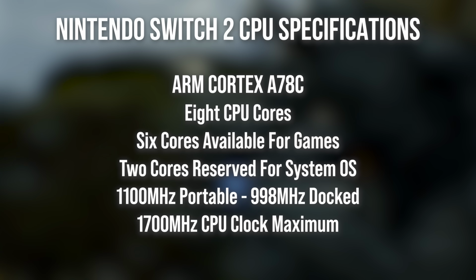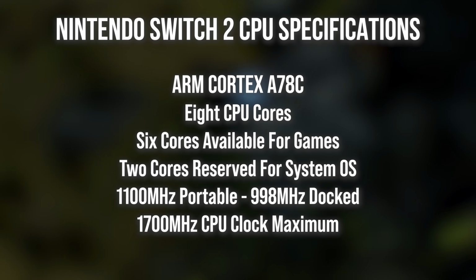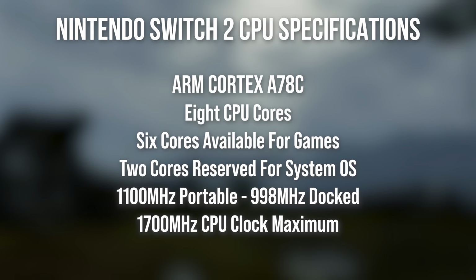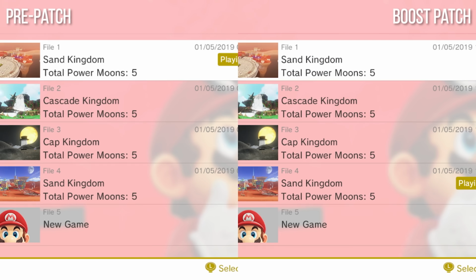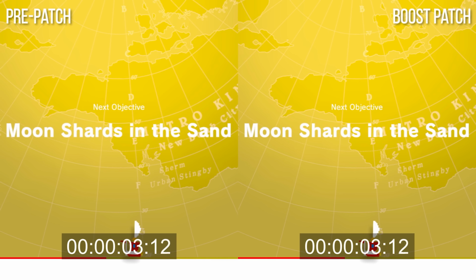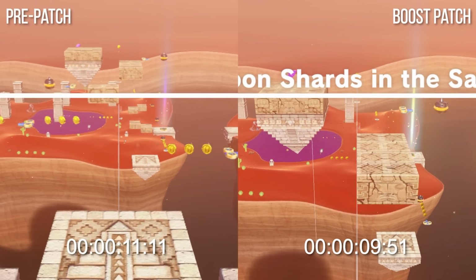Interestingly, Nintendo does specify that the maximum clock for the CPU is 1.7 GHz, a lot higher than the other specified figures. Again, speculation here, but this could be a theoretical maximum that Nintendo could open up at some point in the future. Back in the day, Nintendo improved loading times on Switch 1 games by downclocking the GPU on loading screens and using the thermal headroom to ramp up the CPU to 1.785 GHz. Faster CPU, faster decompression of assets. Still, this is an established spec point, even though the 1100 MHz and 998 MHz core clocks are indeed confirmed